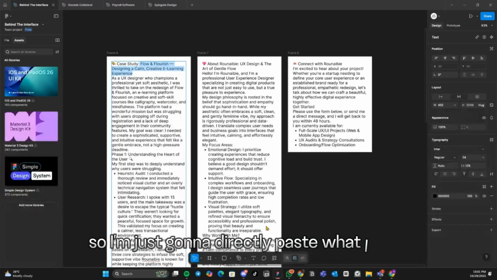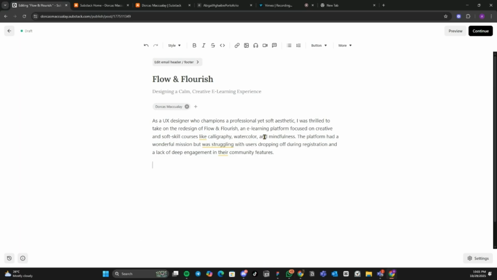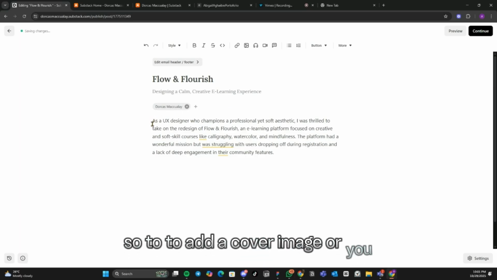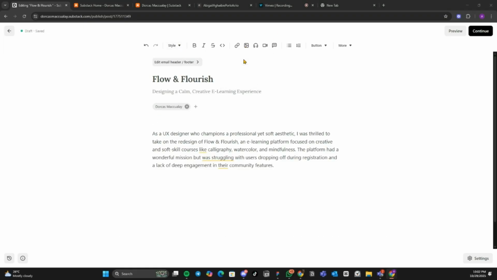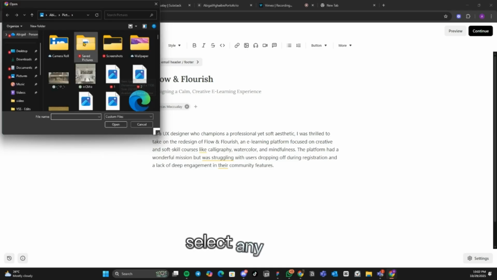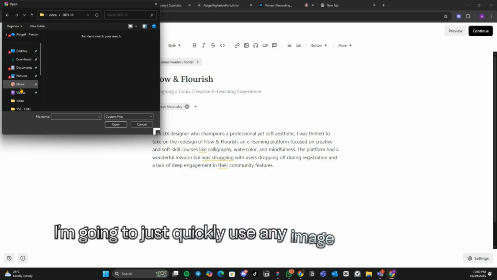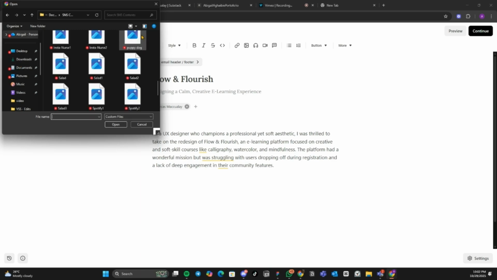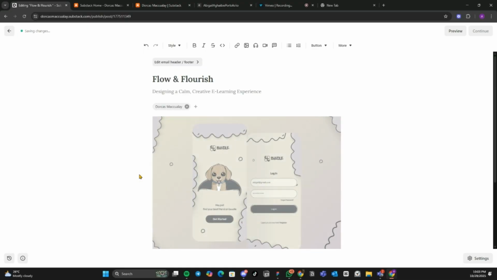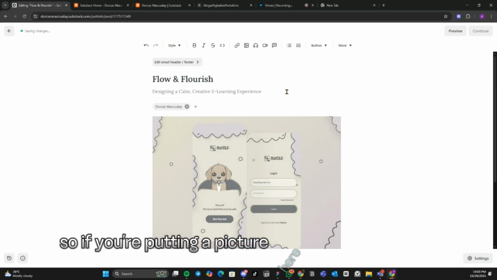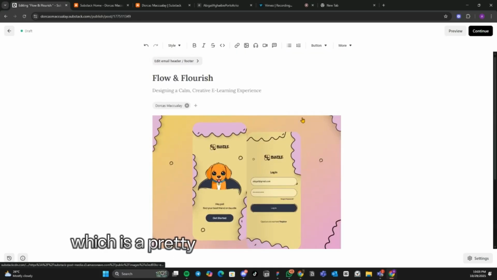Then you can start writing or you can just directly paste it. So I'm just going to directly paste what I have. Use this medium to quickly show you guys how it works. So to add a cover image, or you can just quickly add an image here. Select any image. I'm going to just quickly use any image that I have as design. So if you put a picture here now, for example, this becomes your cover image automatically, which is pretty straightforward